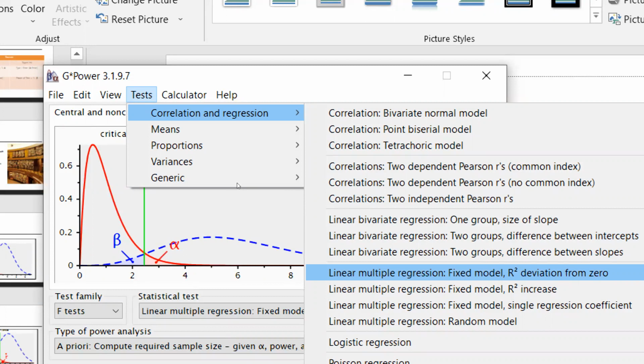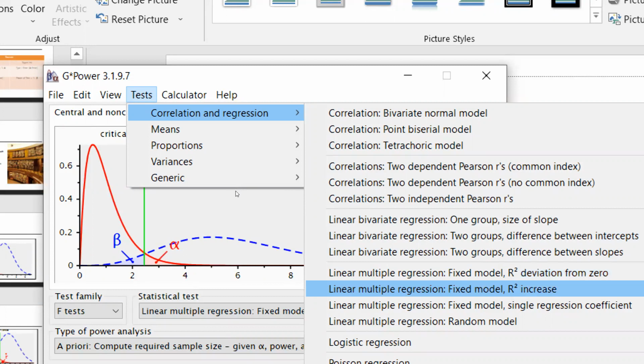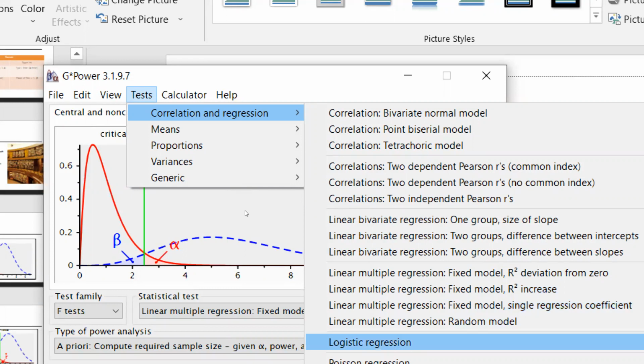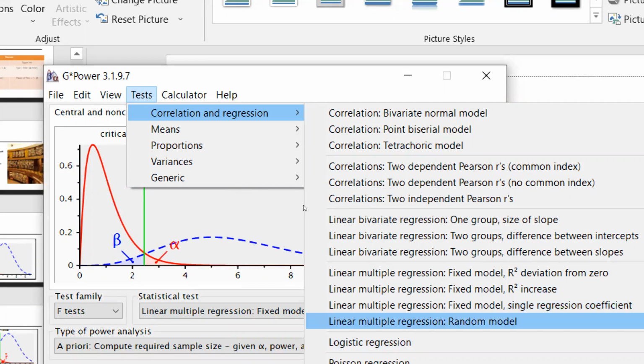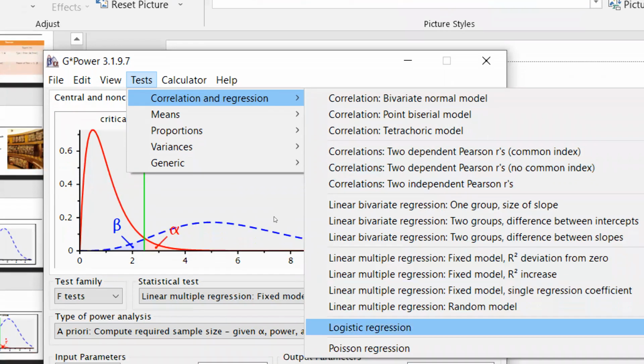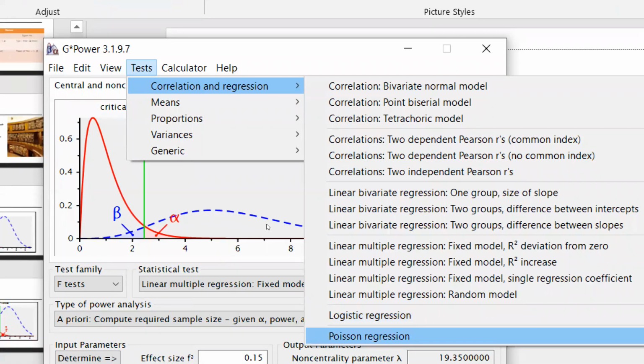We had already done this part. As well as linear multiple regression, fixed model, R square increases, that we finished today. Linear multiple regression, fixed model, single regression coefficient, and linear multiple regression, random model, right? Logistic regression, Poisson regression, right?